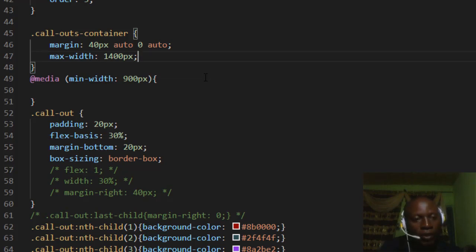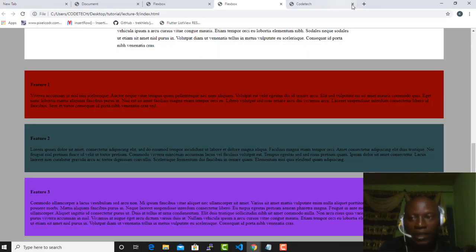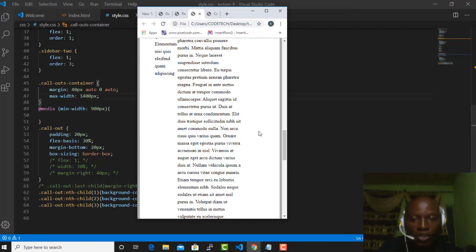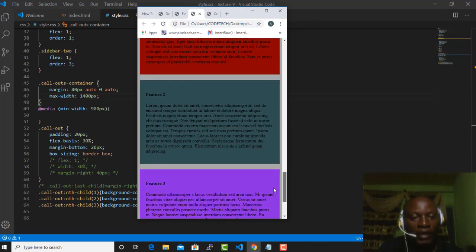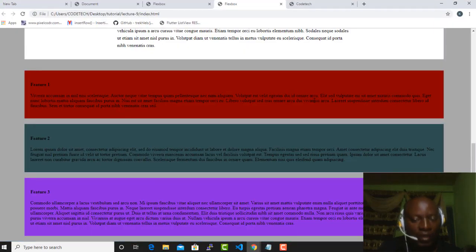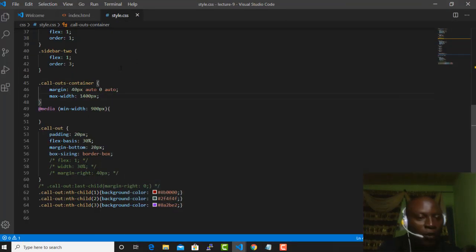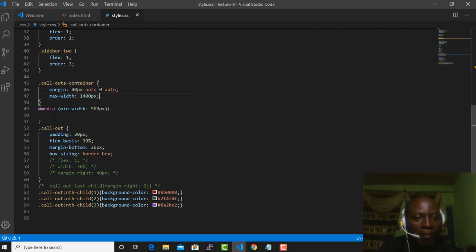Okay, so what this means is, if I go to a smaller screen, let's refresh, see what I get at a larger screen, but at least on a smaller screen you get the kind of things you are looking for. So that means I am designing it for a smaller screen. But what if I now have a very large screen like this? That is where I want to include those things I cut away, which is the display flex. So in that case, you want to come straight down here and